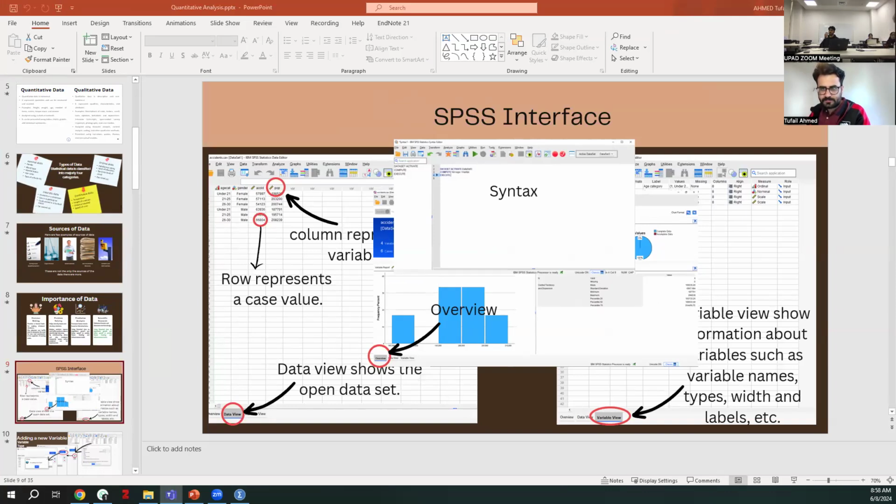In the meanwhile, I will explain just one thing to them. In SPSS, we have rows and we have columns. On the top of the columns, we write the names of the variables. For example, my first respondent was Fatima. I am asking her about her age, her education, her income. These are different variables.